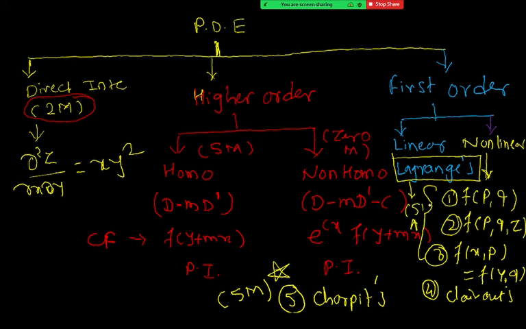A question on Clairaut's was never asked, that is again 0 marks, but if it comes in the exam, it will come for 2 marks only, because it's a one line answer. Just see the differential equation and write the answer in one line. So that is about your entire syllabus of PDE, or the entire topic PDE. So this much is the part that you have. Is there any doubt, anyone?